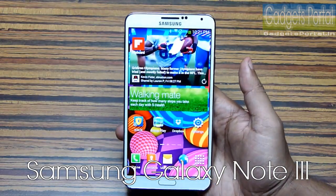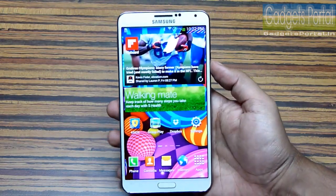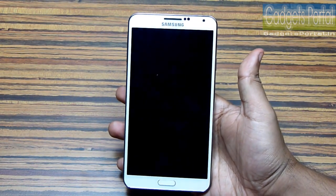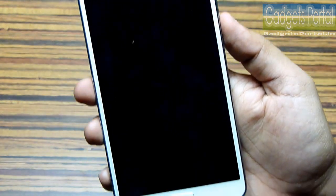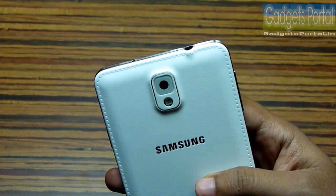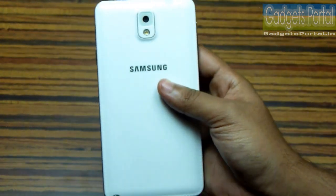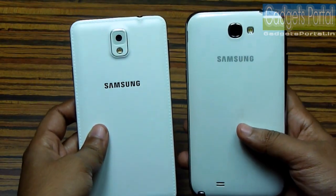I have been using this device for a while and I'm quite impressed by the brilliance, by the versatility of this new flagship from Samsung. The previous Galaxy Note 2 was a huge success and our expectation was quite high. Samsung has not disappointed us and what we have got is a perfected Galaxy Note 2. A lot of unnecessary seldom used features of Note 2 have been removed and a lot of new features have